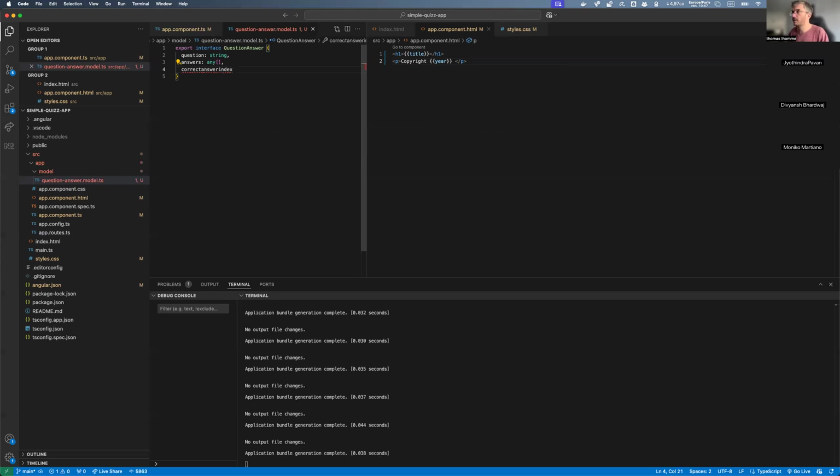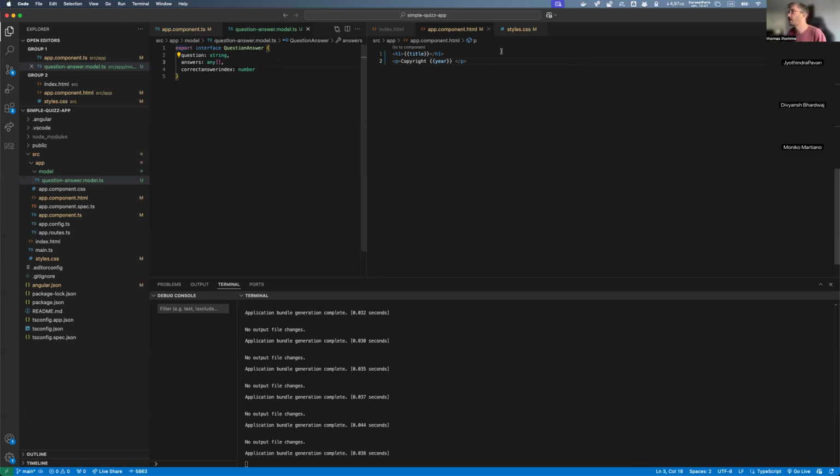Okay, and the correct answer index will be a number. Okay, something like this. So we have defined our interface. The export keyword is very important. If you don't use it, if you just put interface, it's compiling, it works, but you will not be able to use your interface in our class, which is a problem. We want to use it in our class, right?